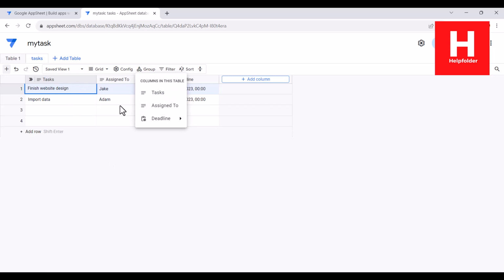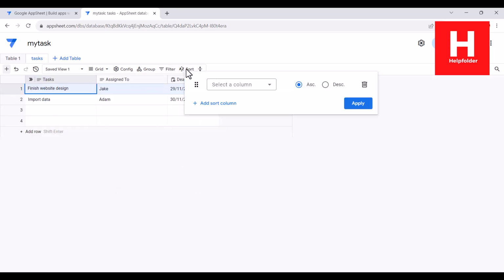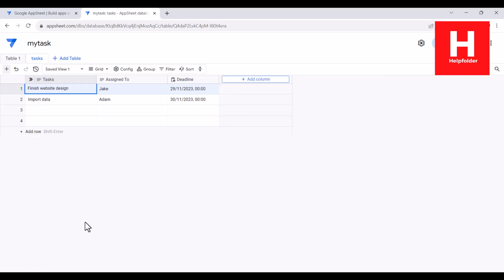You can also group certain rows. So here you can see column wise you can view them, right? You can filter certain columns using add filter. Sort as well, you can choose the column, like say based on date you can use ascending or descending order, and use multiple sort options and apply them, so the data will change here as well,